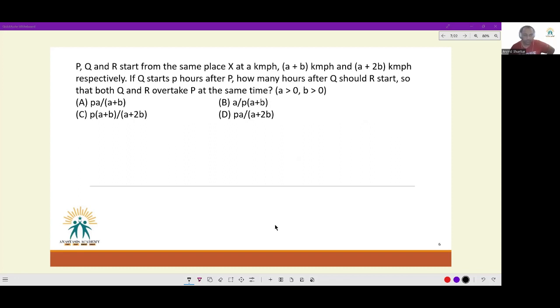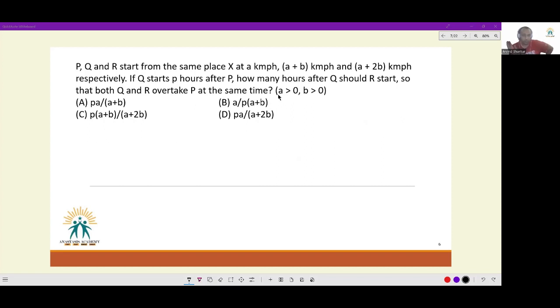P, Q, R start from the same place at x kilometers per hour, a plus b kilometers per hour, and a plus 2b kilometers per hour respectively. If Q starts t hours after P, after how many hours should Q and R start so that both Q and R overtake P at the same time? A is greater than 0, B is greater than 0. Absolutely fine. And then all the four options that are given to us,